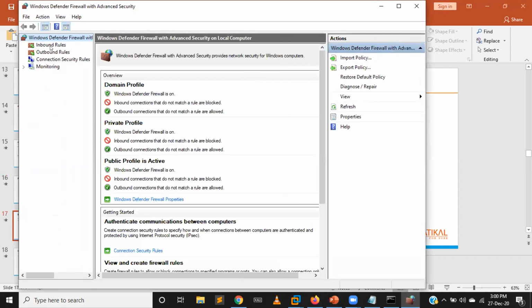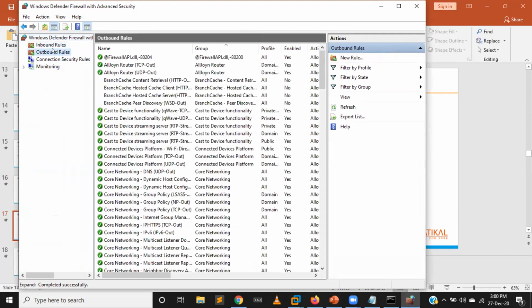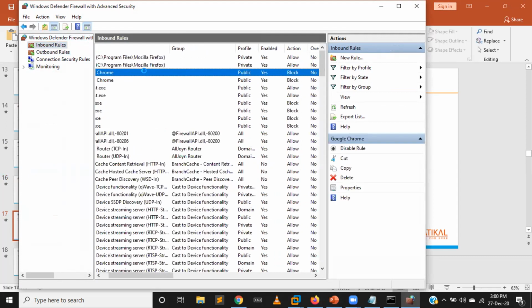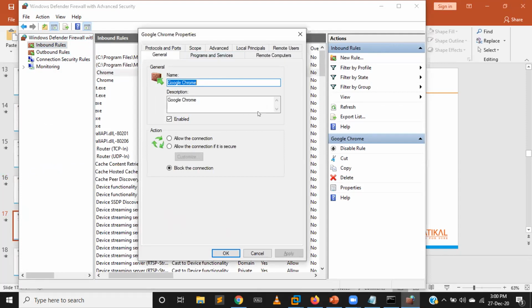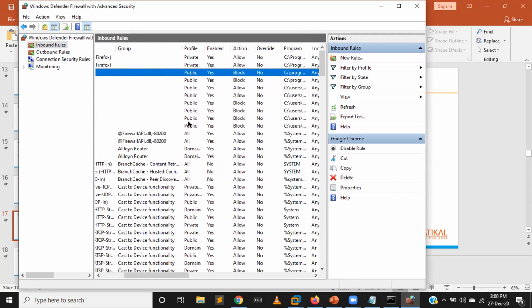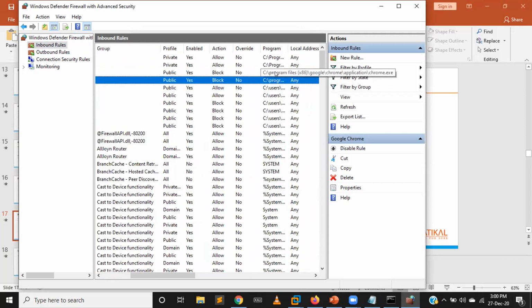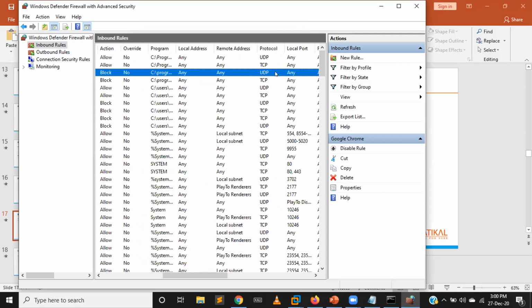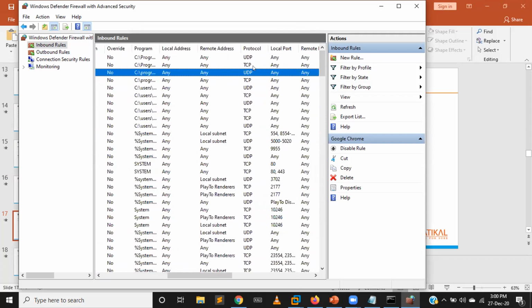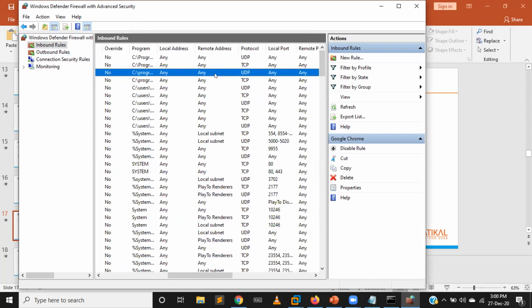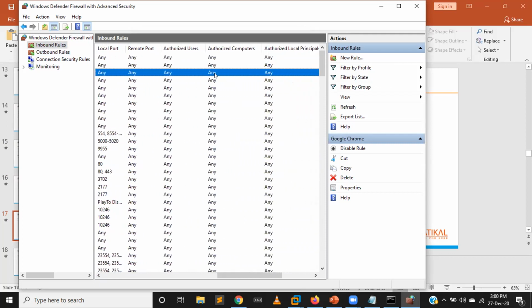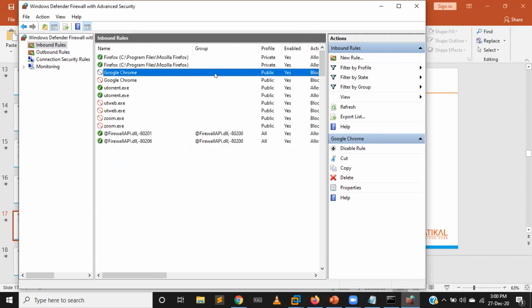Right, so here we have inbound rules, here we have outbound rules. At any point of time, if you want to create any particular rule or delete any particular rule, likewise this. Okay, if I want to delete this rule, now see, protocol is UDP. It's related to Google Chrome, and it's for every port. If I want to delete it, all I have to do is select this one,